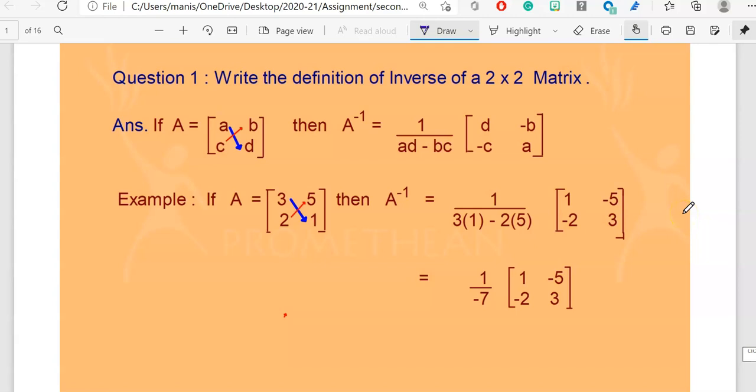Today we will learn how to find the inverse of a square matrix. First question which comes in our mind is, why do we need an inverse of the matrix? Because earlier I have taught you how to multiply a scalar quantity by a matrix. Then we learned about addition of matrices. Then we learned about subtraction of matrices. And then we learned about multiplication of two matrices.